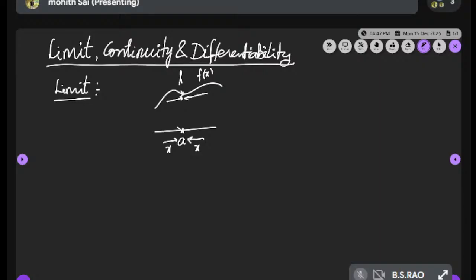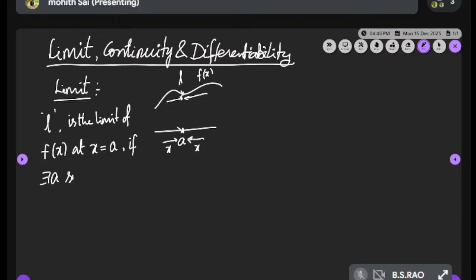L is the limit of f of x at x equals a if there exists a small del greater than 0, a small positive value,